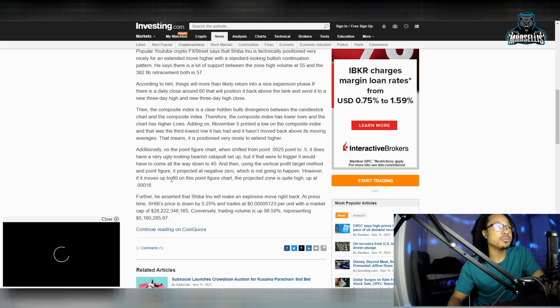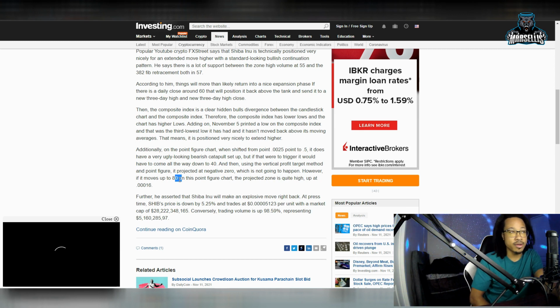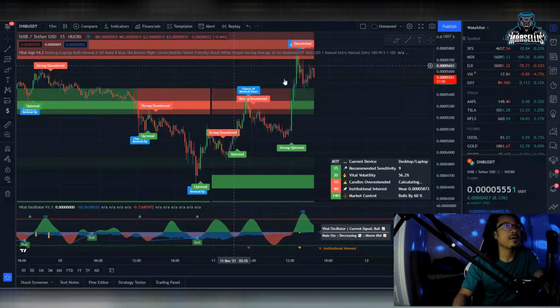However, if it moves up to 80, which is 0.00008 on this point and figure chart, the projection zone is quite high up at the 0.00016 area. So if we can have another jump all the way up to the 8 area, then we can finally knock out one of these zeros with Shiba Inu. Further, he asserted that Shiba Inu will make an explosive move right back up. At press time, SHIB's price is down. Pretty much, they saw it when it was down at 51.23. Now, they said that it was going to become an explosive move, which we had all the way up to